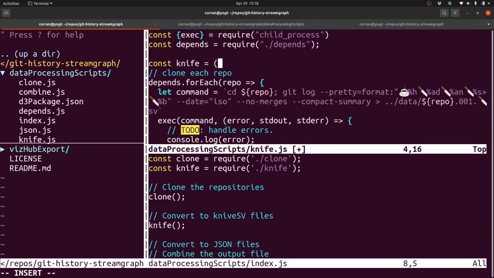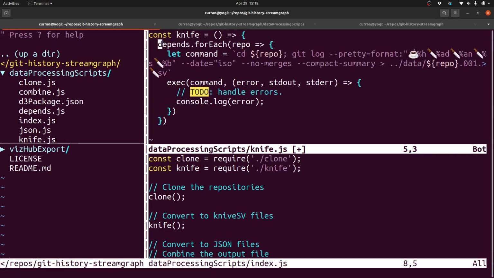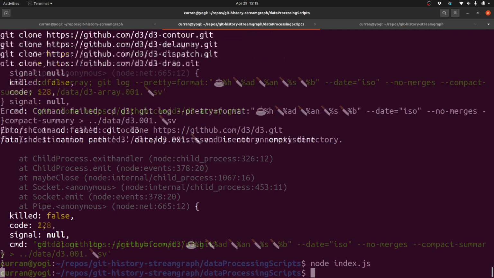So I'll make a function called knife that runs this command and then add it to module.exports. Module.exports is knife. Now if we run this whole thing,